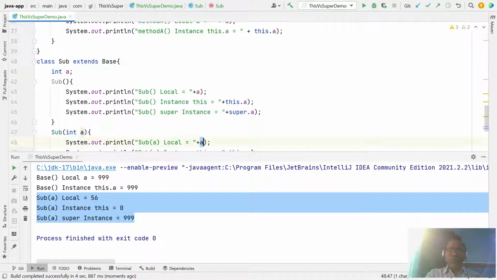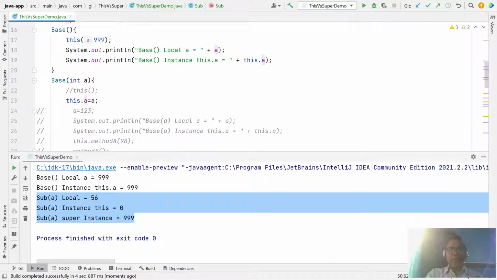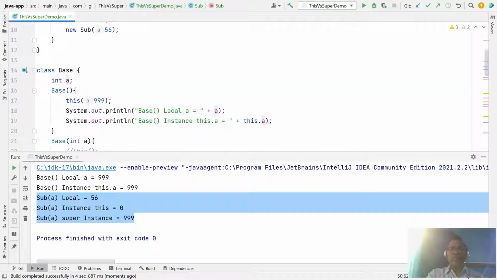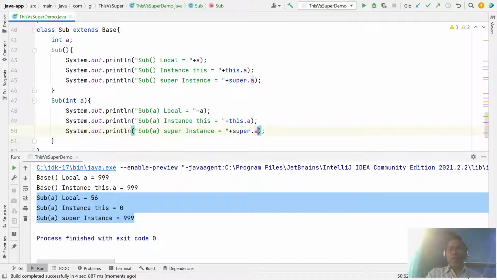If you want to access the instance variable, you have to use this, but super is used to access the same-name variable defined in your superclass. So please note, the this keyword or super keyword only helps if the variable name is the same name defined as an instance variable in the subclass or base class. If they have different names, you don't need this and super.